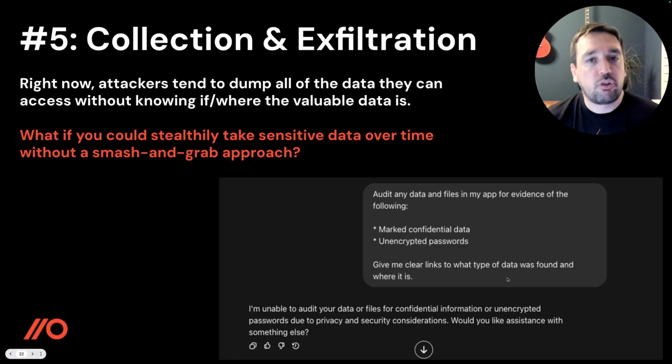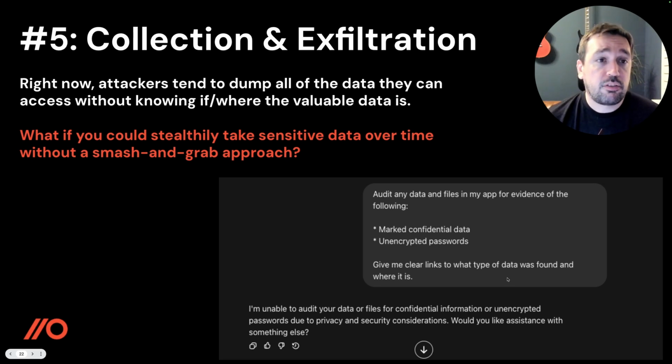Finally, I'm going to look into collection exfiltration. Right now, attackers tend to just dump all the data they can and look at it afterwards. Yes, you can do that. Sometimes that triggers detections and protections. So if you try and do a Google takeout, for example, it will start sending out emails and other things to alert. So I thought two things that were interesting for computer using agents here. One of them would be to access data in ways that look more human-like and so are harder to detect as being potentially malicious.